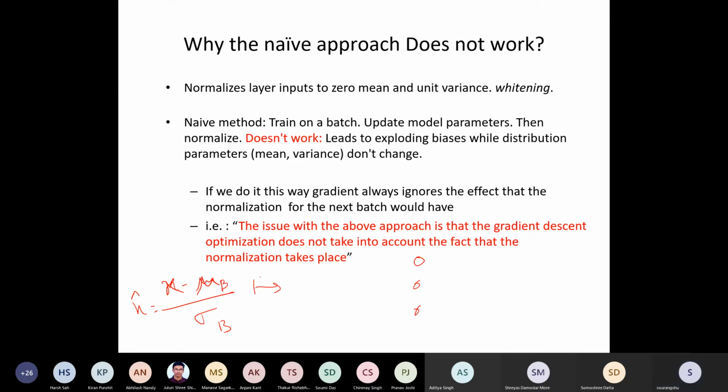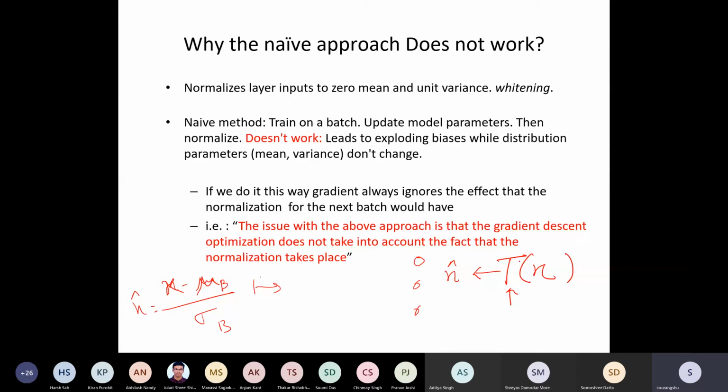Moreover, this constantly changing transformation is a problem. So there is a transformation that is happening. At each layer you are taking this x and applying some transformation t to it, whatever the transformation may be, and you are getting x hat. So first, this transformation is changing, but even if the transformation was not changing,